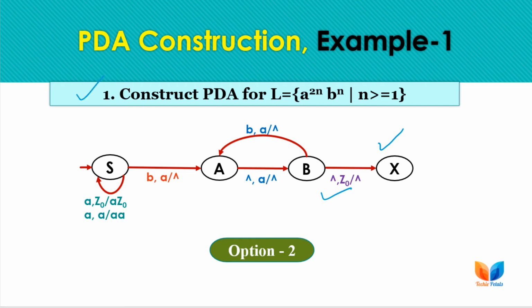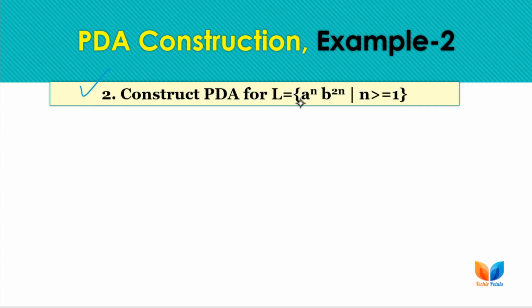You can write or you can go with any of the options that you feel better or that you can understand easily. Now coming to the second question, we have just replaced the position of A's and B's. Number of A's are n now and number of B's are double, meaning 2n. So the number of B's is multiplied by 2 compared to the number of A's. Here, if we have 2 A's, then we have 4 B's in the string.